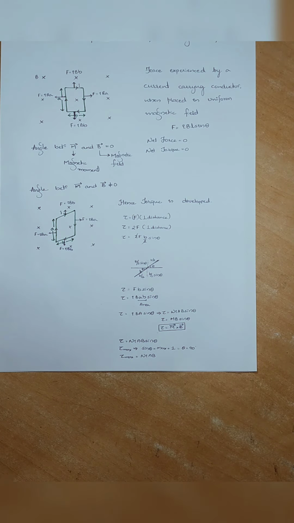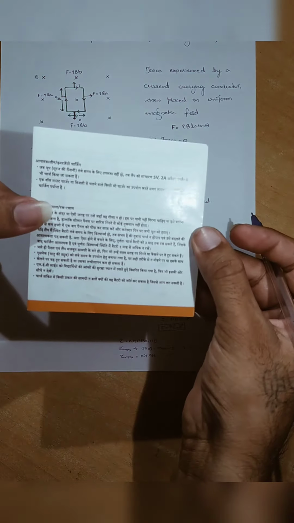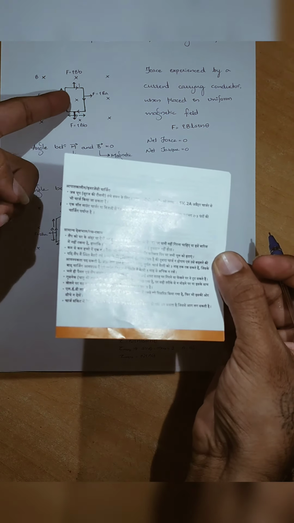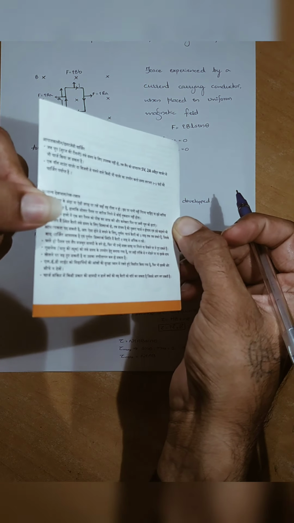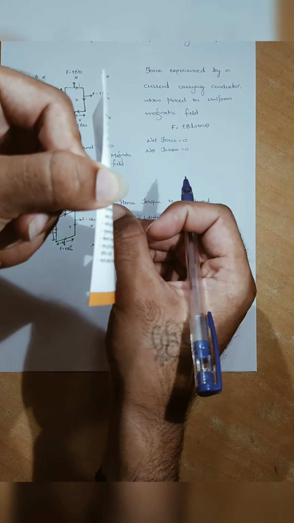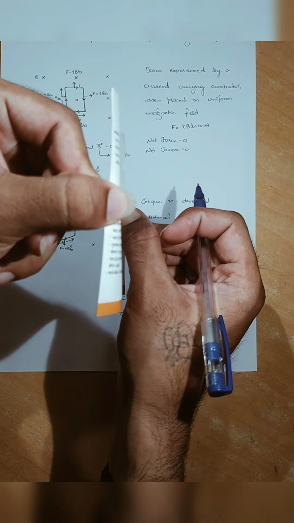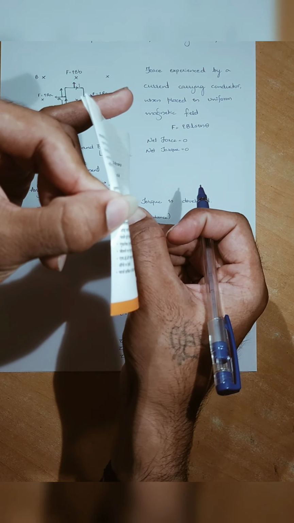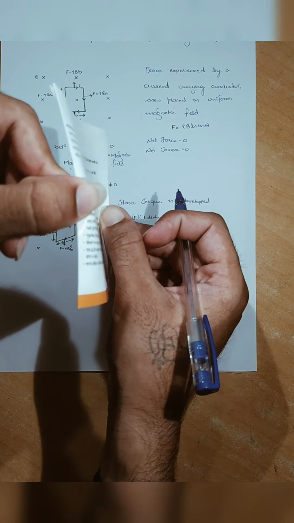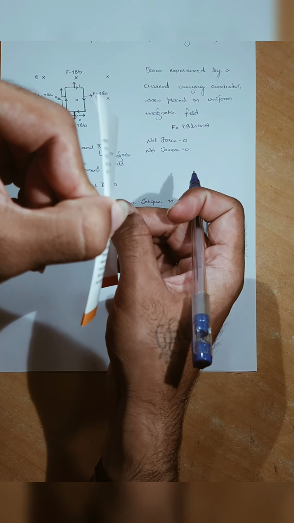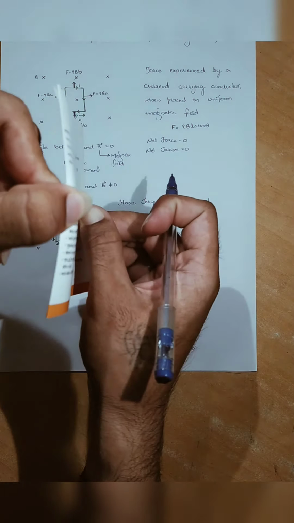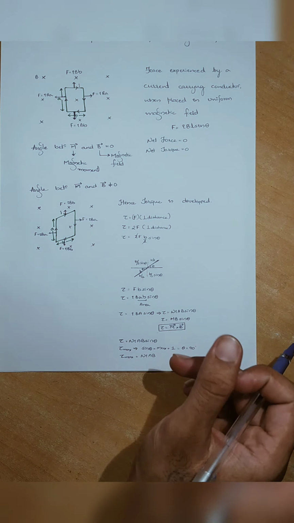That means earlier what I had shown you, like this, in the first case, the angle between M bar and B bar is equal to 0 degree. Second, the general theta case. If the angle between M bar, which is directing towards my left hand side, and B bar, which is directing inside the paper, both are perpendicular to each other, then what will happen? It will experience a maximum torque.